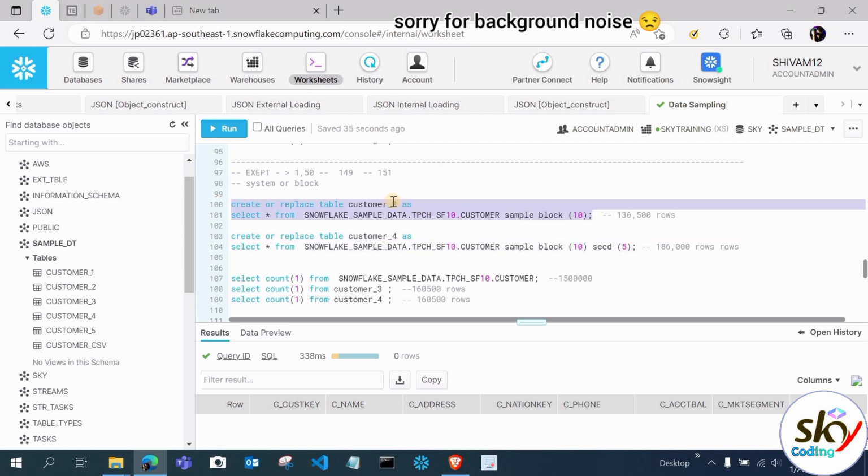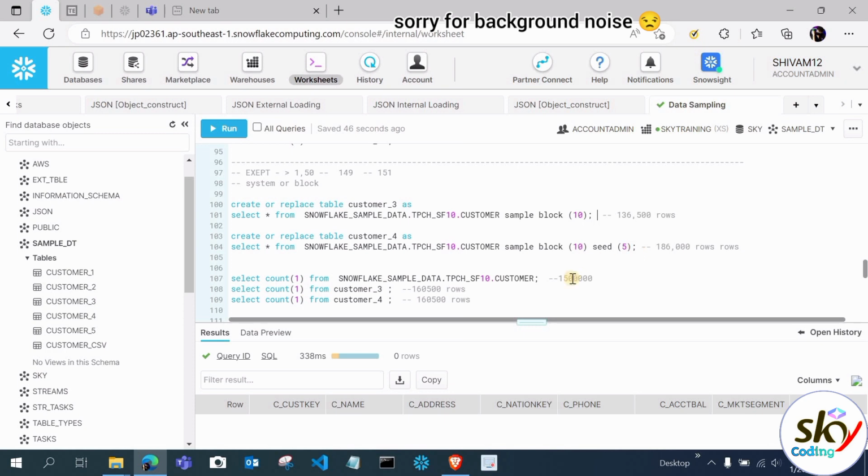So in this table we have some different data, because it is just executing this query again. Whenever I execute this query again and again, we get different data again and again, a different number of rows. But here we have given the seed 5, so we will get the same number of rows, whether I execute this query today, tomorrow, or any day. This is basically the identifier which I am giving.